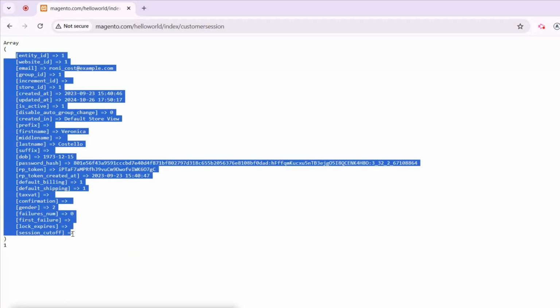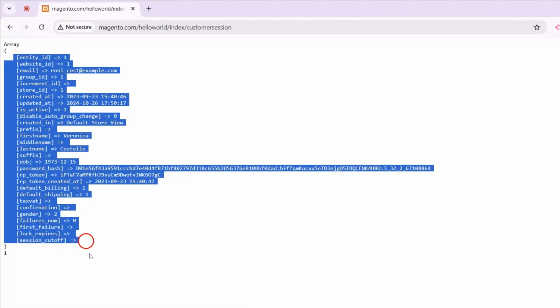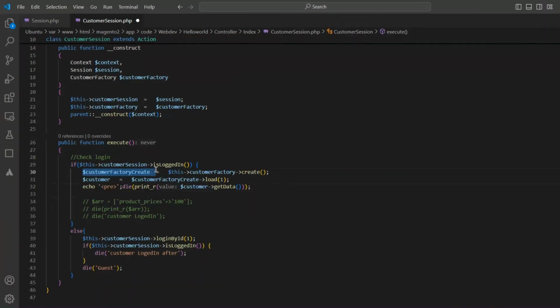So this is just basic information, not the complete information of the customer. This information is from the database, not from the session. If you want to put any information here, you have to save the data to the database. If you want to save that in the customer session,